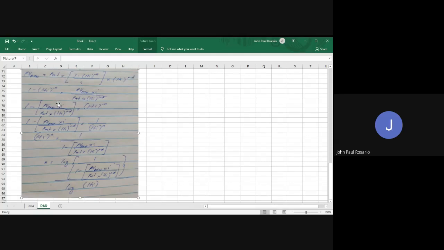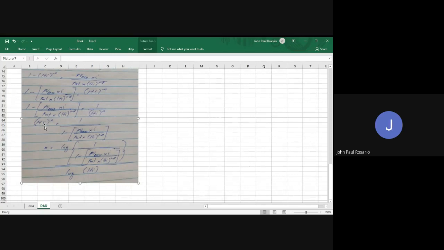And then since negative din siya diri, dapat may siyang positive, so magbaylo sila. So that's 1 plus I to the power of negative N, and then negative minus PV dot times I over payment times 1 plus I to the power of 1 minus D. And then, dapat nahimo siyang positive, so ato siyang i-express into 1 over 1 plus I to the power of N. Cross multiply, so we get 1 plus I to the power of N equals 1 over 1 minus PV dot times I over payment times 1 plus I to the power of 1 minus D.